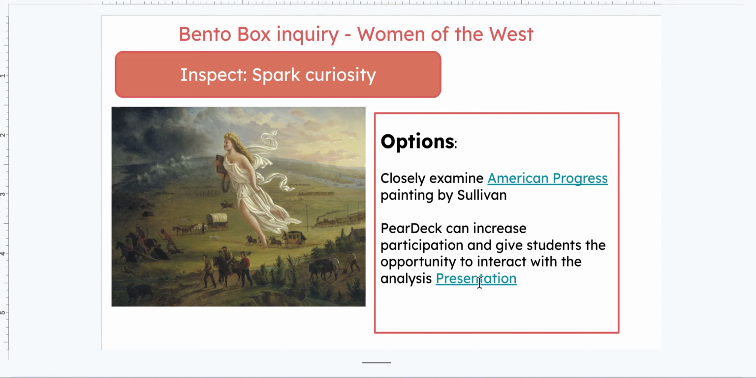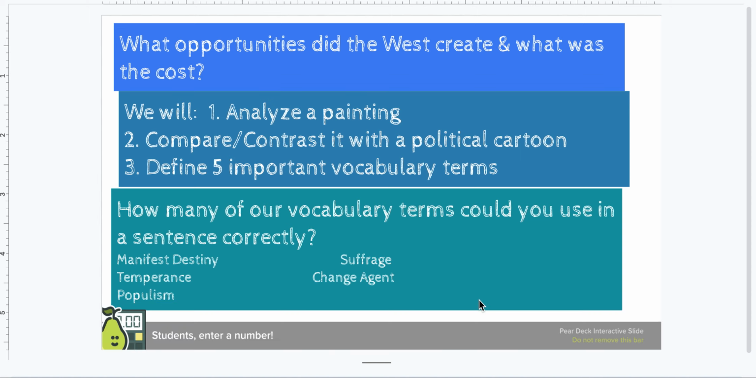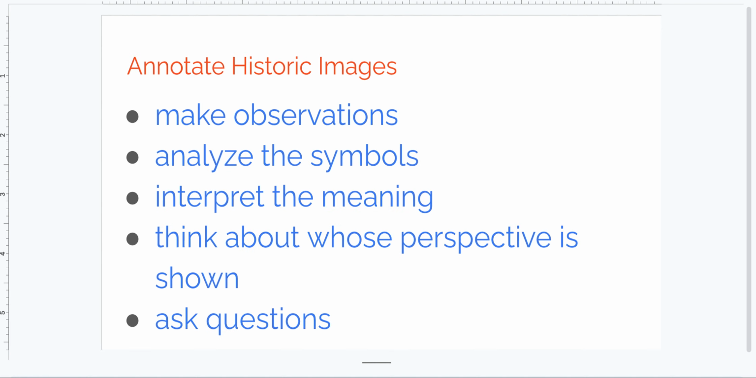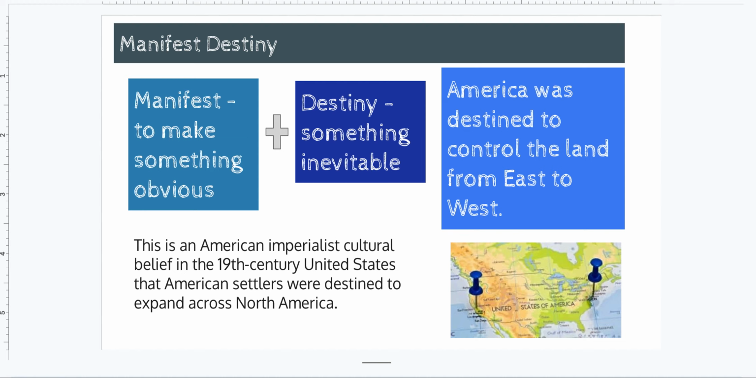I've also included a link to a Pear Deck presentation, which I think works really well to get students to really focus on details without worrying about what their classmates are thinking. This is a pretty well structured Pear Deck. It gives you some connections to vocabulary, and there's writing, there's drawing, and it's asking students to look by section and to really think about in detail